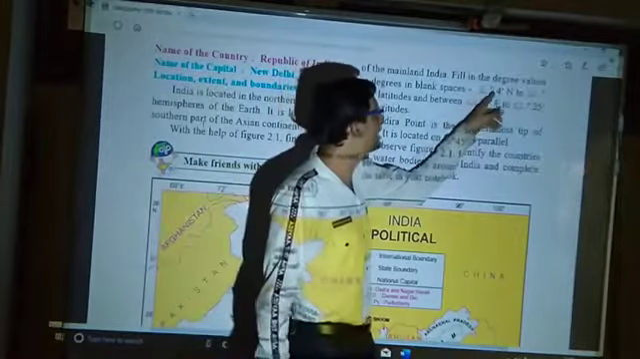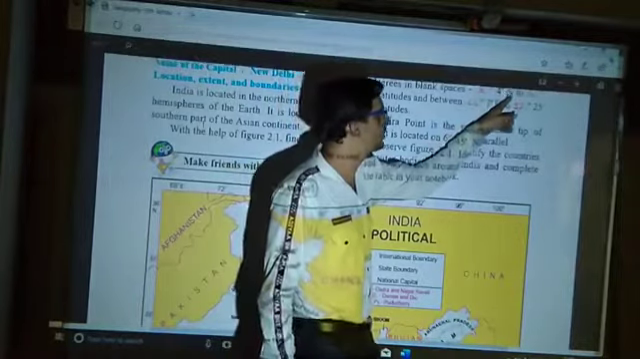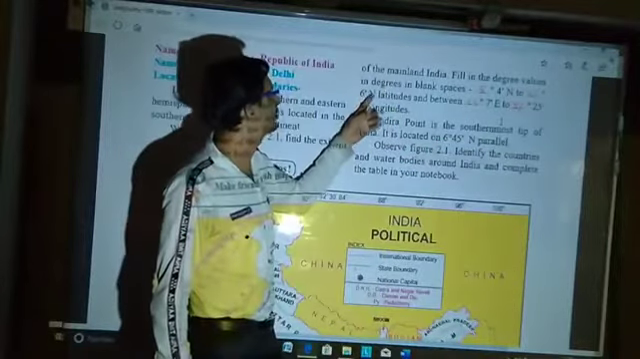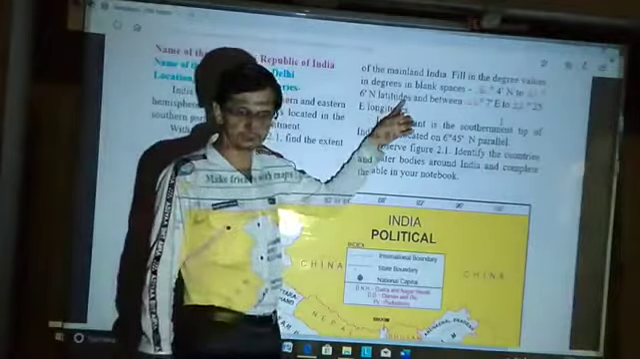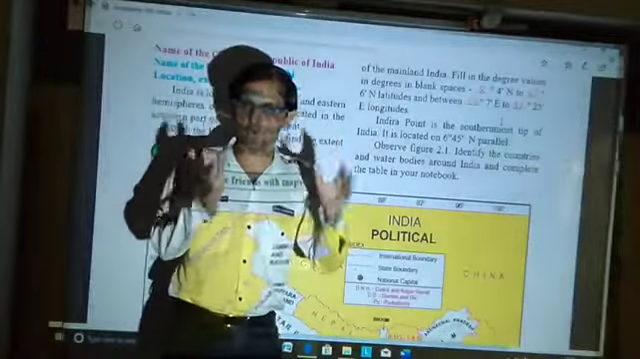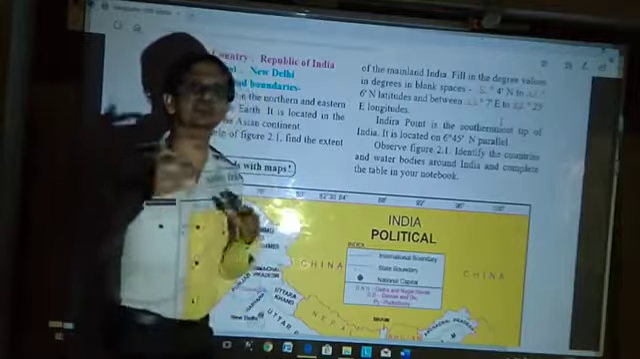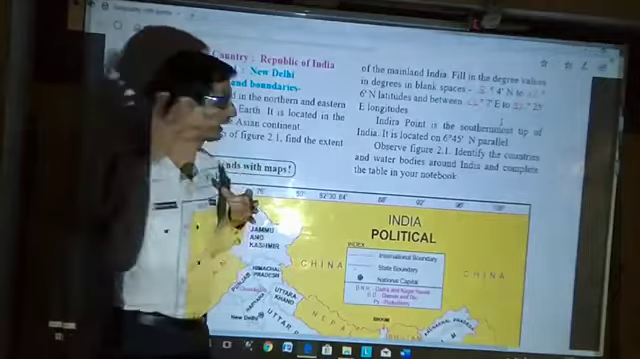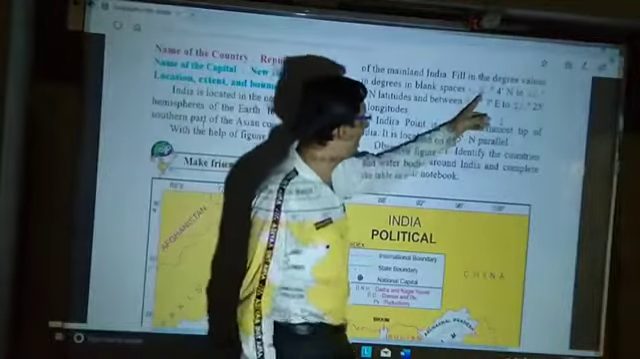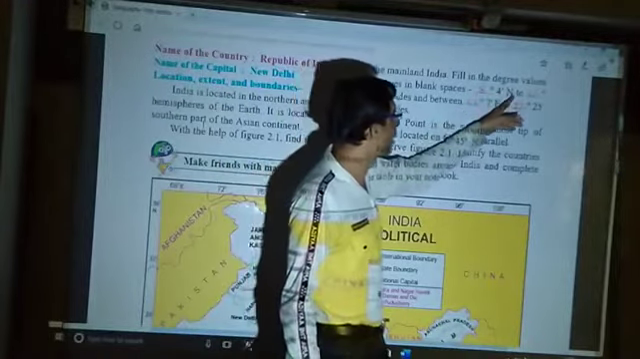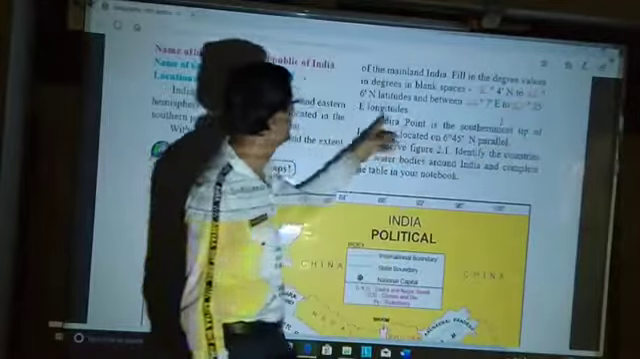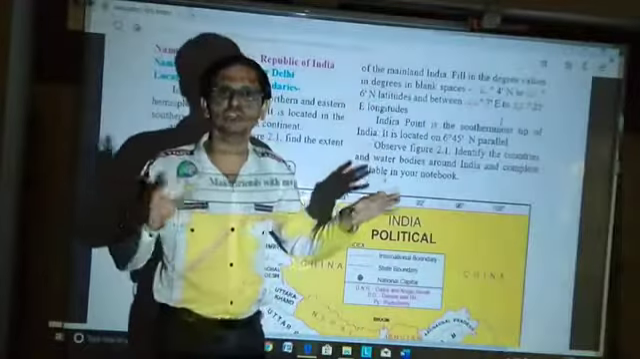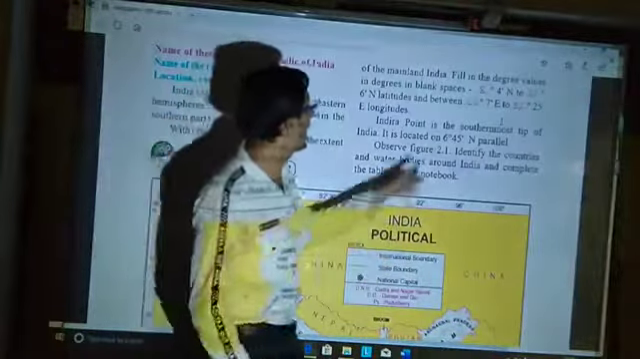So 8 degree 4 minutes north to 37 degree 6 minutes north latitude. I will explain it and show it on the map in detail afterwards, but first we will fill it in and try to grasp it a little bit. So India lies from 8 degree 4 minutes north to 37 degree 6 minutes north, that is latitude. It is not longitude, it is latitude. Okay. Now between